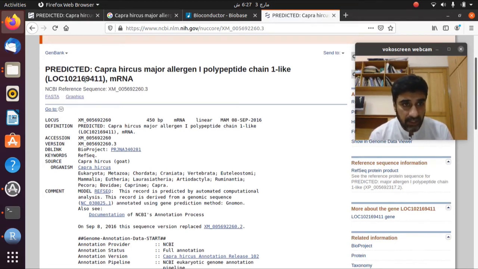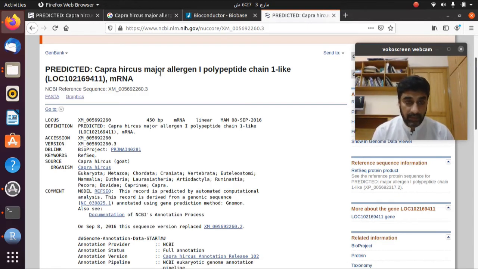Sometimes you find this LOC symbol before a gene. The LOC symbol represents that these genes are not completely characterized, so that's why it's called predicted.